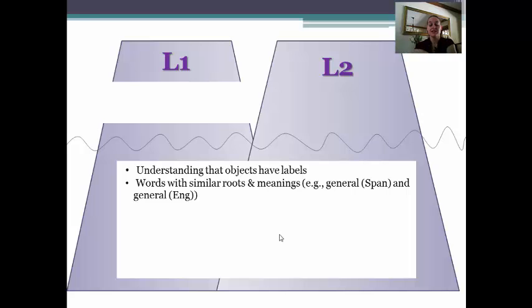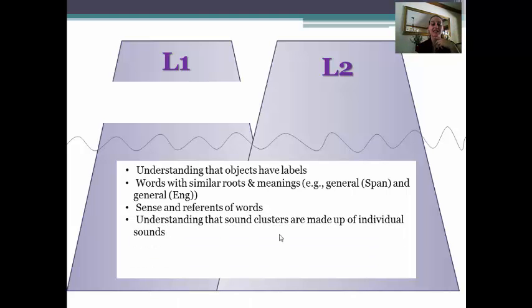Words with similar roots and meanings. So the fact that there are some crossovers between vocabulary in Spanish and English, general and general being one of them, that's something that is going to transfer because they mean the same thing and they have the same root. And there's actually a very, very long list of words like that between Spanish and English, which is really helpful for your Spanish-speaking ELLs. The sense and the reference of words, understanding about meaning in general, understanding that sound clusters